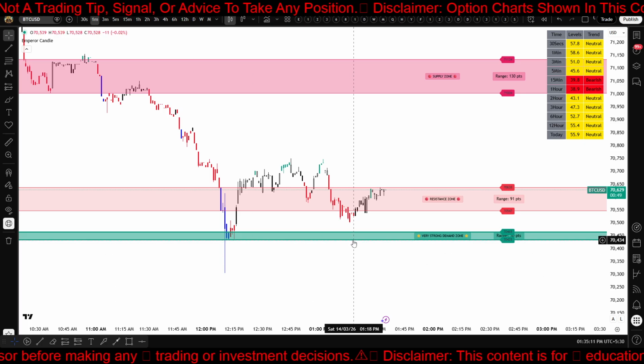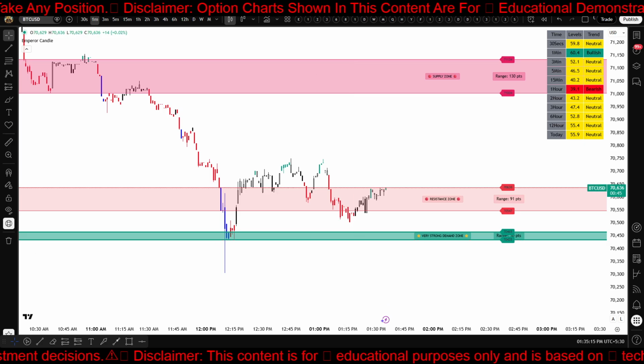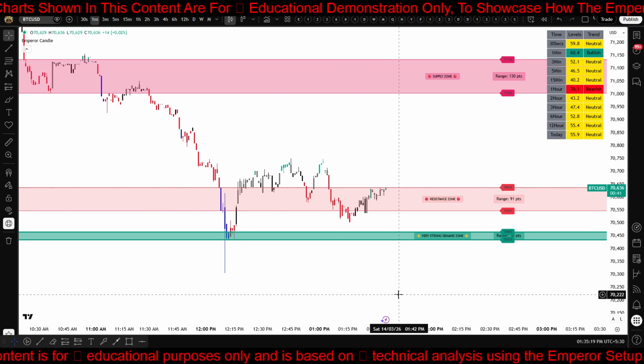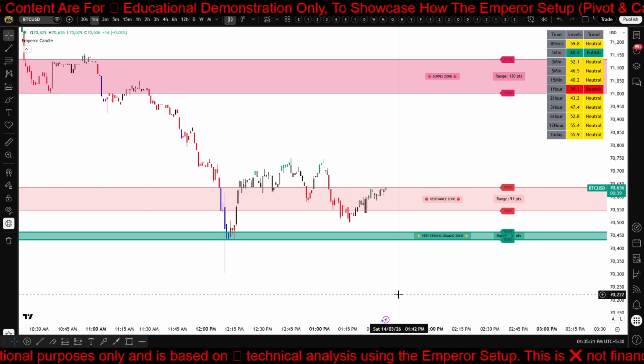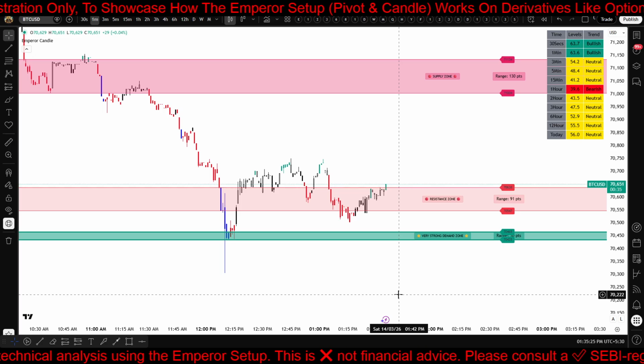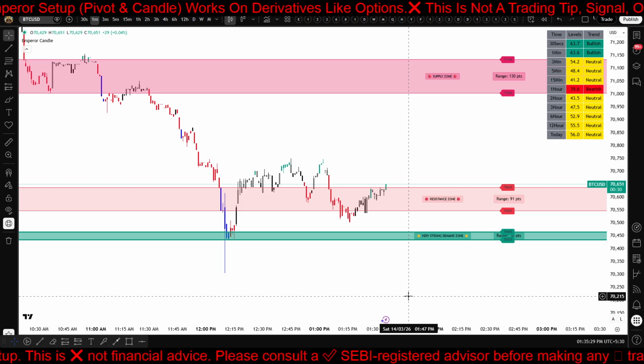Now let's start with the trading setup. Buying setup using demand zone. Buying opportunities are usually found near demand zones and very strong demand zones. But we do not buy immediately. We wait for a confirmation candle. So buy confirmation can be a